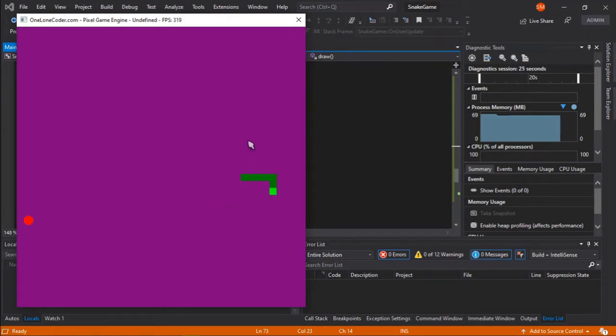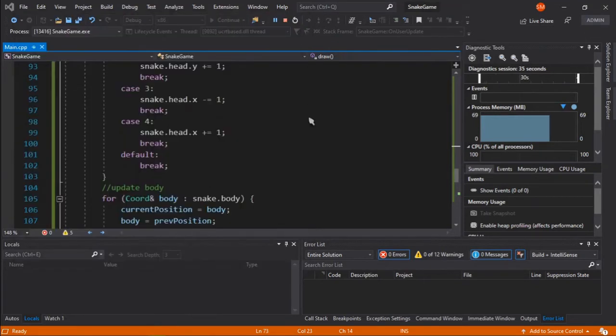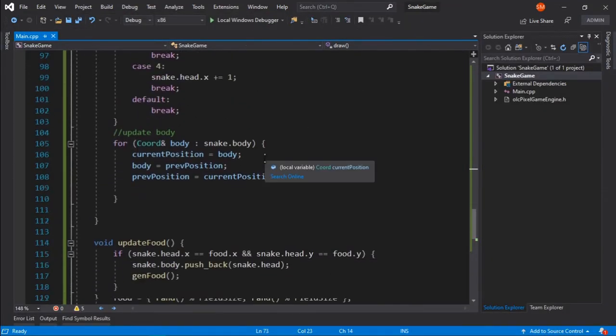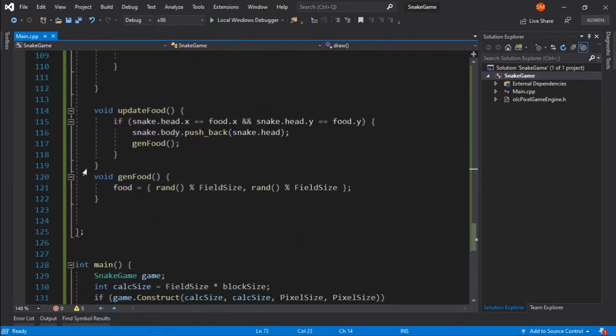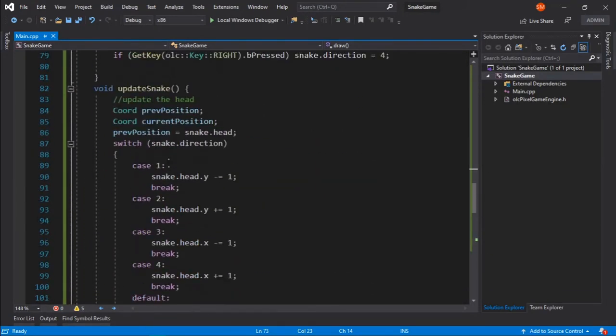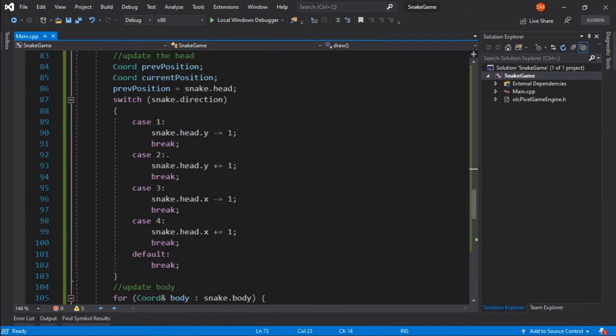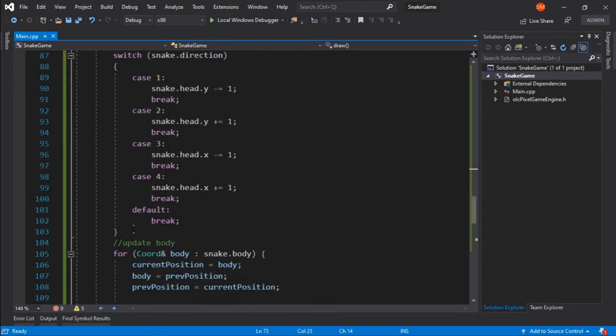So yeah, it's kind of working, except the fact that our snake can go outside the screen and it can remain there for eternity. So what we need to do is check if our snake's head's position is outside the frame.